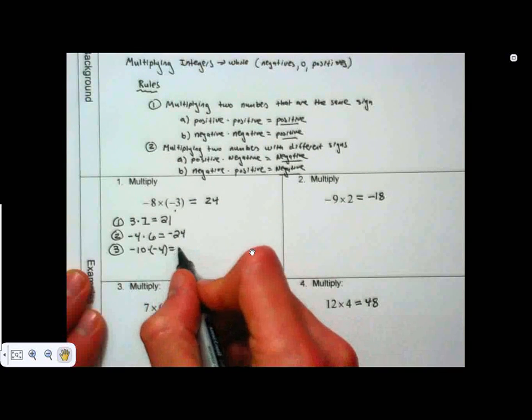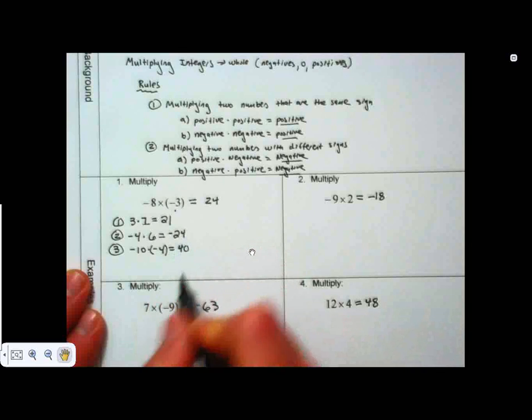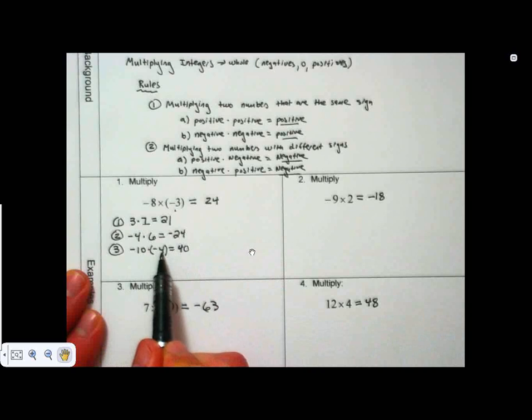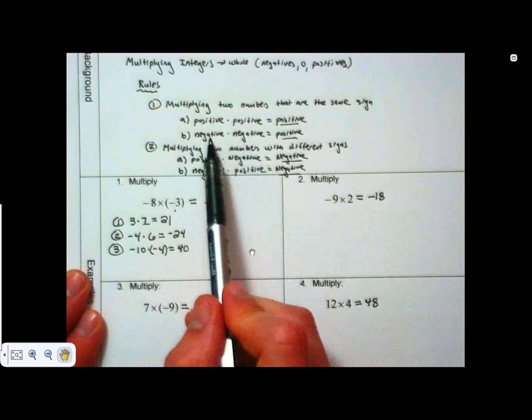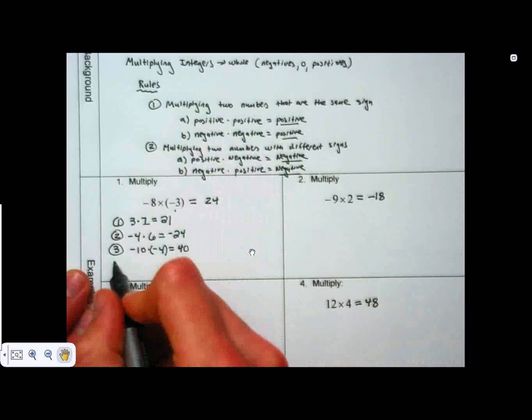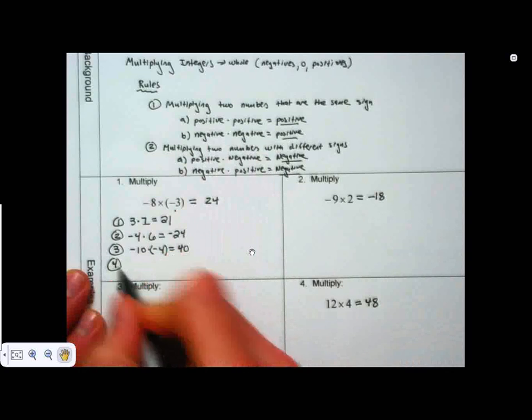Okay, in this one you should have gotten an answer of positive 40. Again, my first number is negative, and in this case my second number is also negative, so that falls under rule number 1. Negative times negative is going to give me a positive. And the last example,